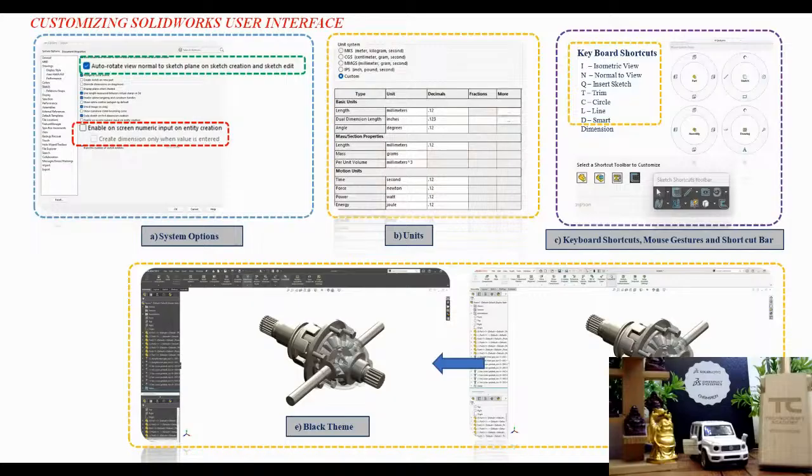Yeah. Next thing is the units. You can even customize as per your need, but by default we use millimeter, gram, seconds. Yeah. And next is the keyboard shortcuts and mouse gestures, and the shortcut bar we can customize. I'll show that. You could even see I have a few keyboard shortcuts